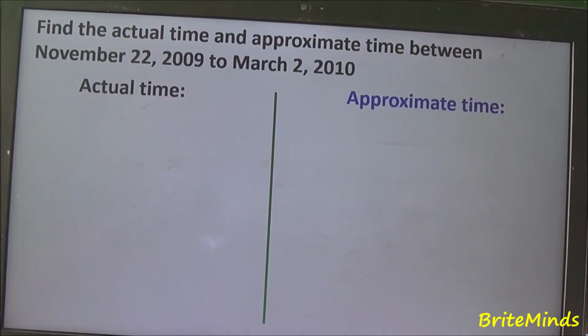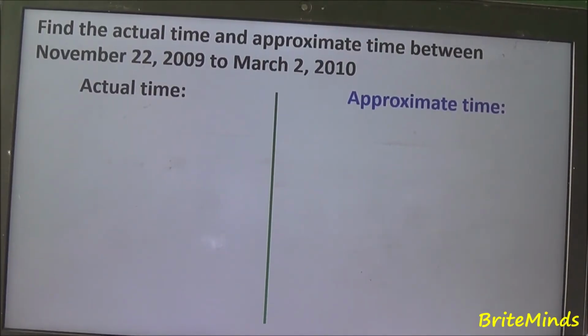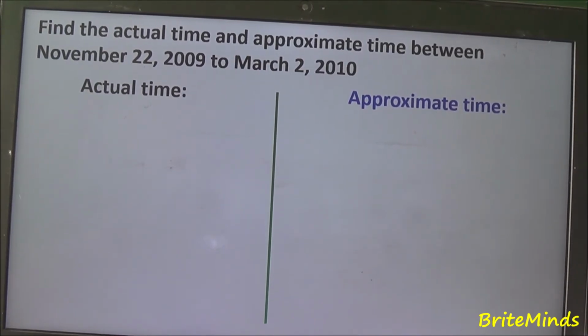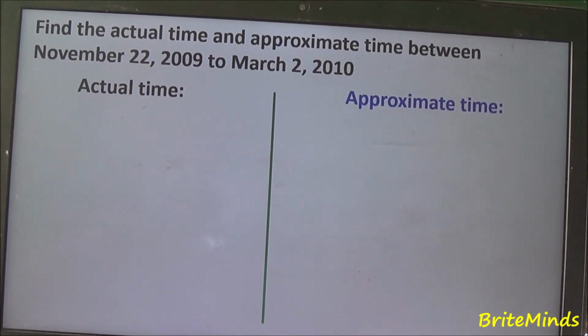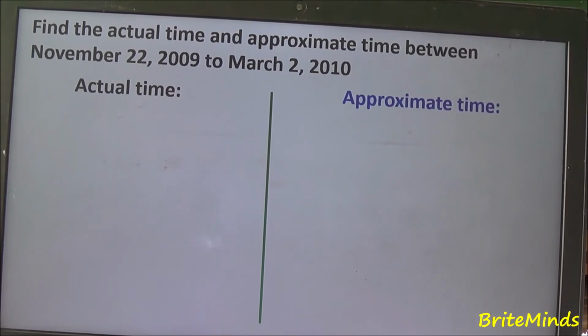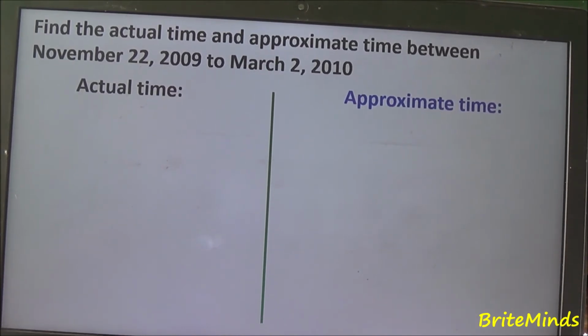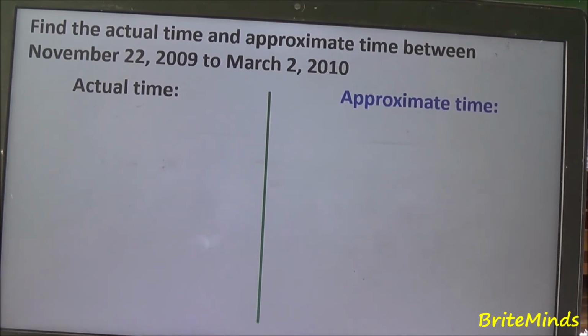I have here another example. Find the actual time and approximate time between November 22, 2009 to March 2, 2010. So let us start with the actual time. The first thing we need to do is write down the origin date, which is November 22, 2009.